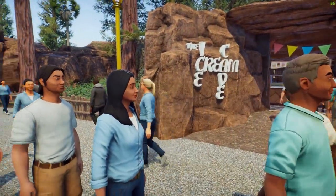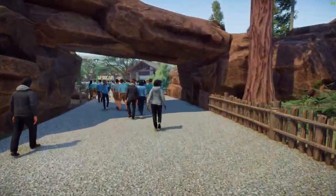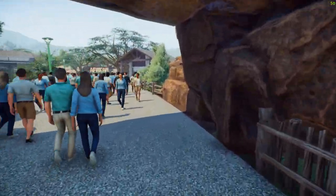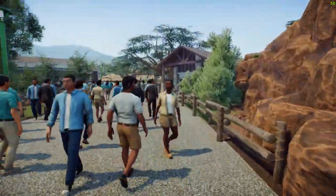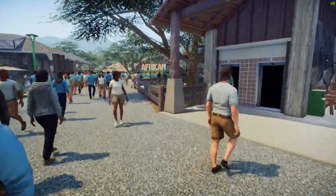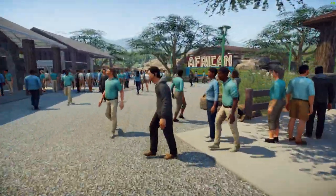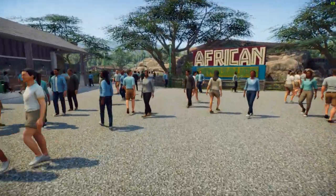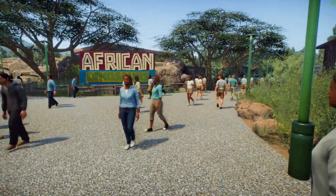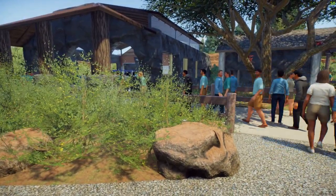So we're starting out here in the Jurassic area by the ice cream cave, and we're going to exit it beneath this rock and head toward this African entrance, past some facilities that have been added to meet the demands of our large crowds, and